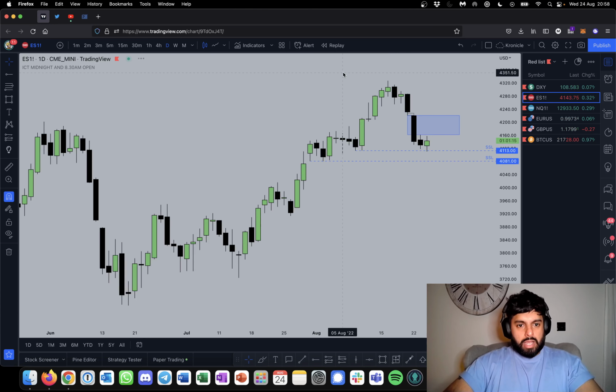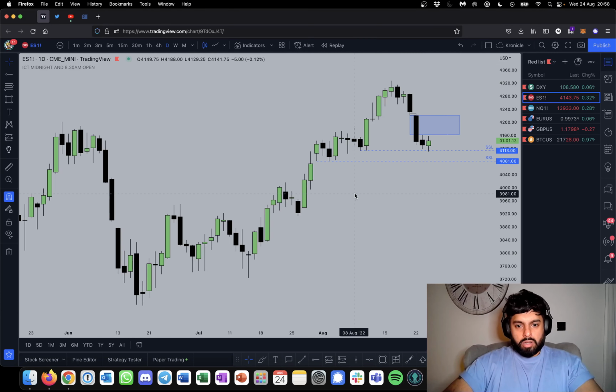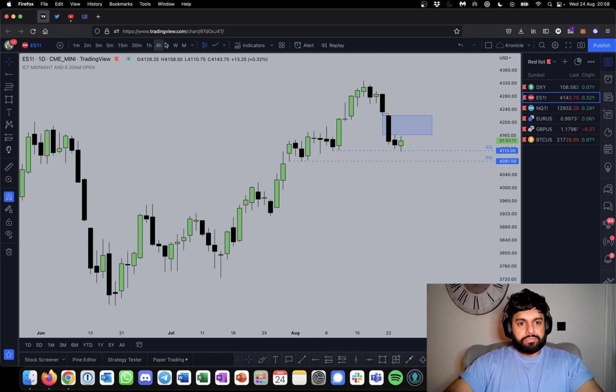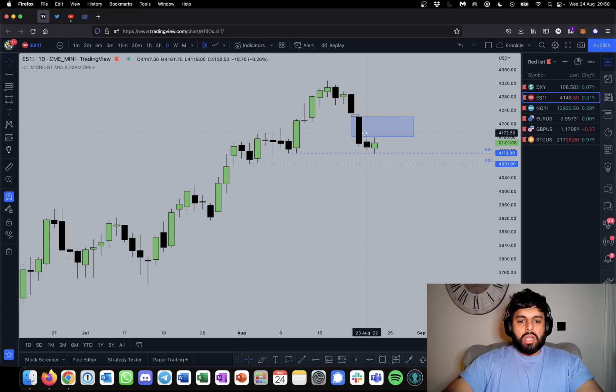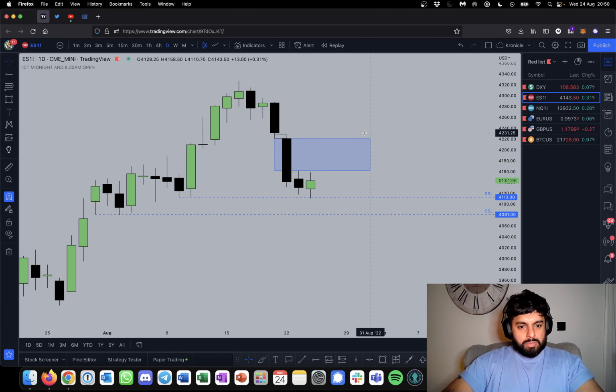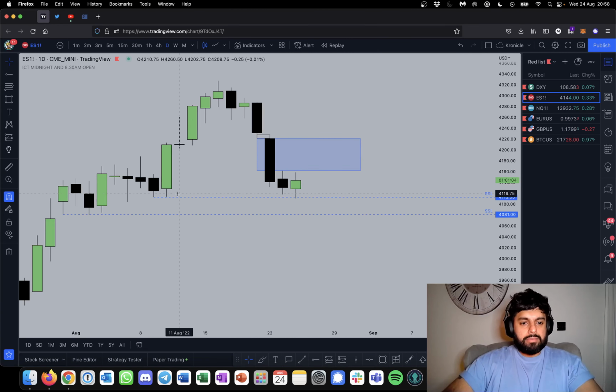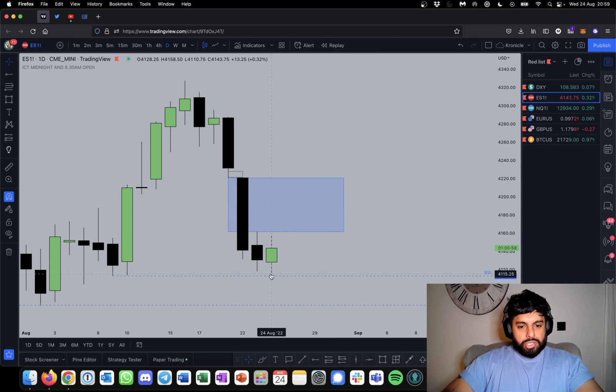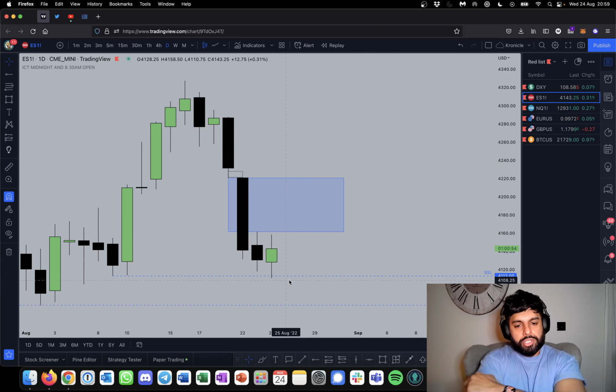So let's take a look at the action on S&P. So on the S&P, I've got a couple of levels marked out. We have two areas of sell side liquidity, and we did actually get a touch of that sell side liquidity today, which lines up with a liquidity sweep on the sell side, the bias